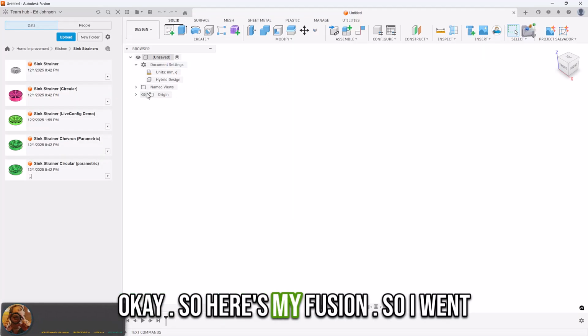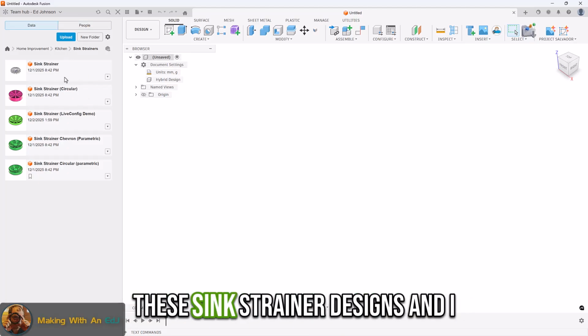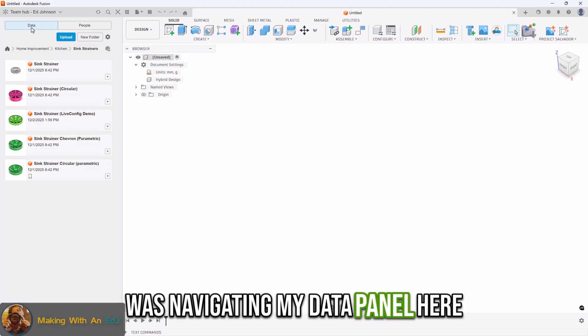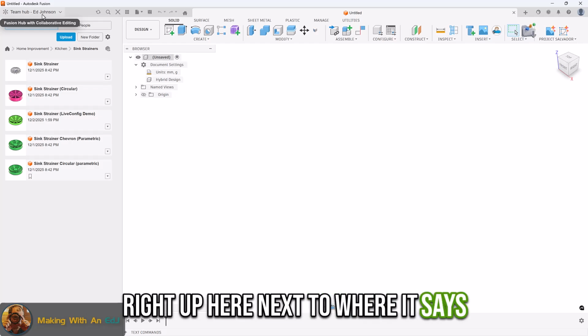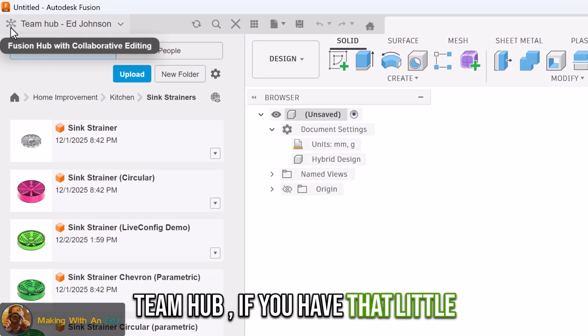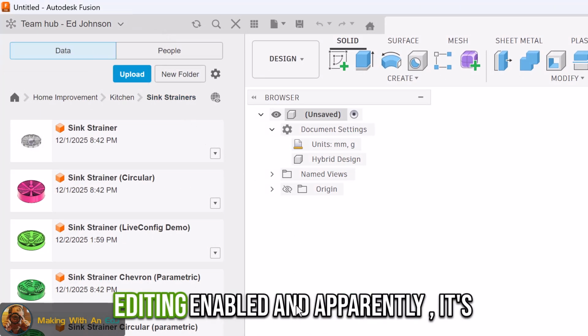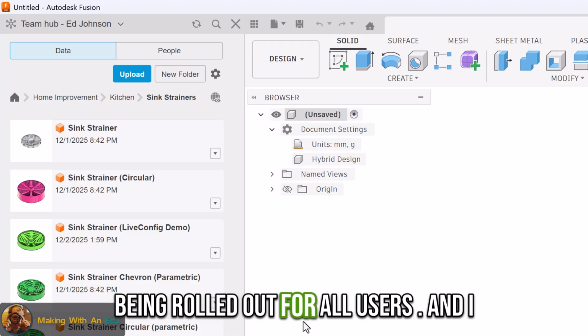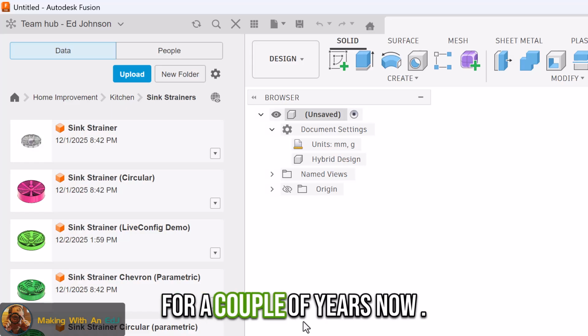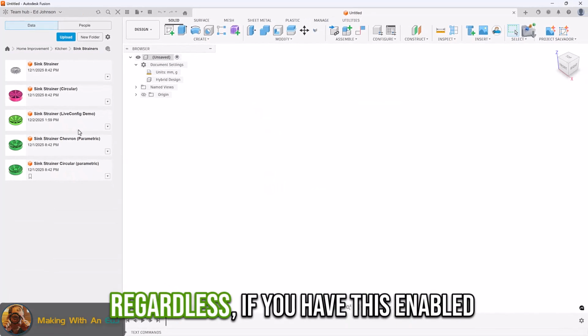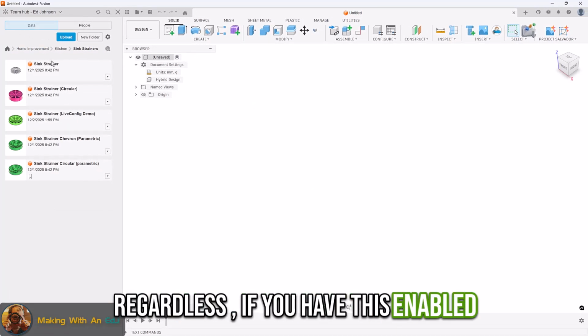Okay, so here's my Fusion. I've been goofing around with these sync strainer designs, and I was navigating my data panel here. By the way, this little icon right up here next to where it says Team Hub, if you have that little icon, you have collaborative editing enabled. Apparently that's being rolled out for all users, and I don't know if it includes free accounts or not. I've been paying for a couple of years now, but regardless, if you have this enabled now on your account,